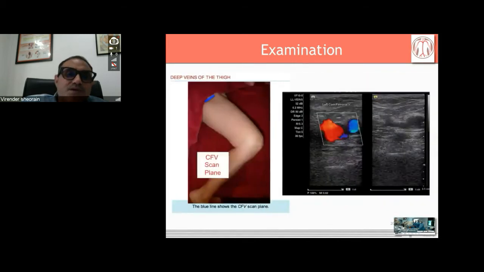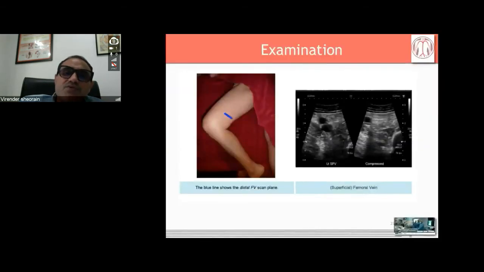Now let's see. Starting at the common femoral vein scan. So here you are looking with the transverse view. So your probe is kept as it is marked here. So this blue thing is your probe. Basically, we are talking about a linear probe with a higher frequency, so that we are not looking into a deeper structure, and everything is visualized accordingly. So the vein, artery, then you compress it, look for all the characteristics which we have discussed: the compressibility, the vein wall, the lumen, the echogenicity, the flow, phasicity. So everything has to be looked step by step.